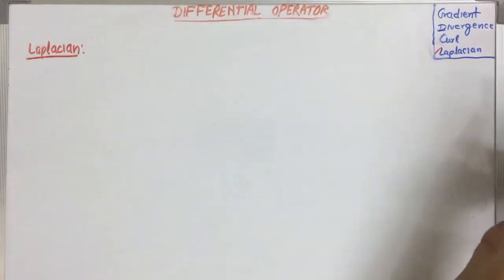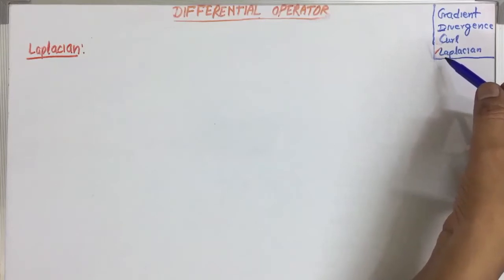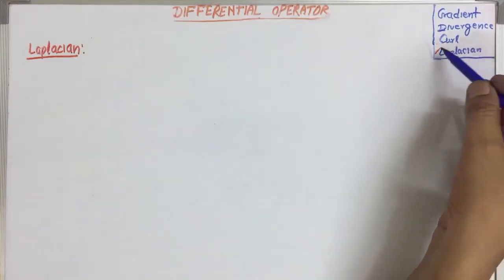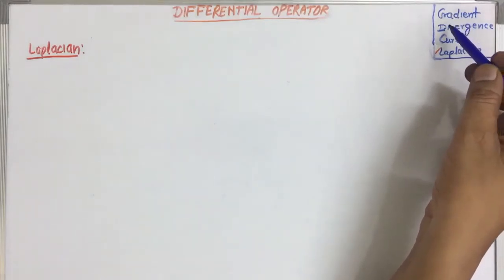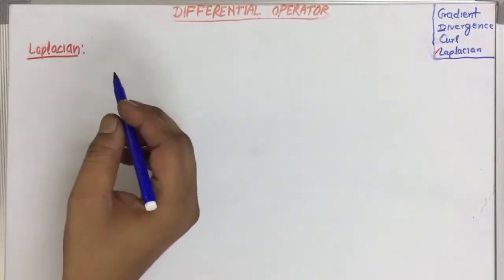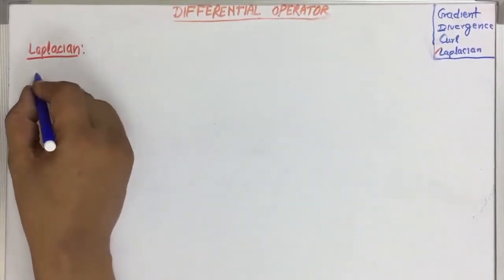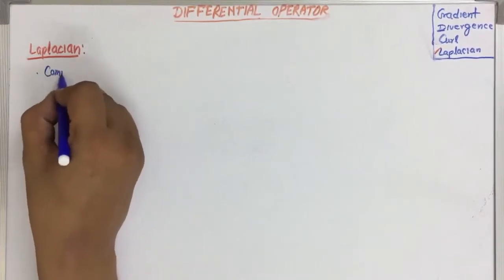Now we will discuss the next differential operator, that is Laplacian. This is a single operator that is a composite of gradient and divergence. So the Laplacian, the first statement that we can write regarding that, is that it is a composite of